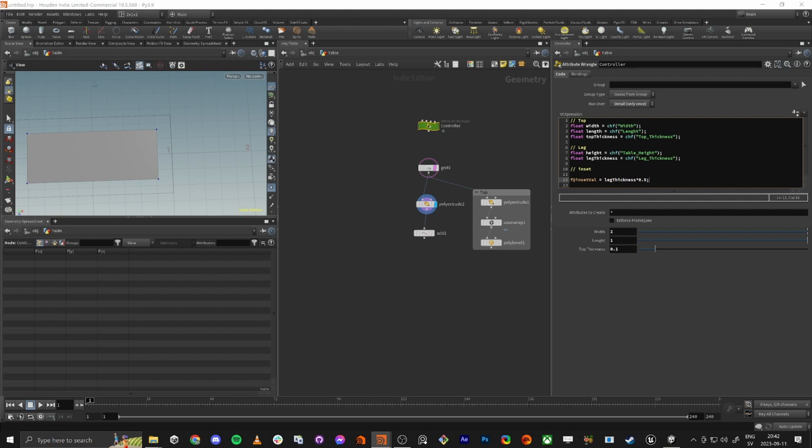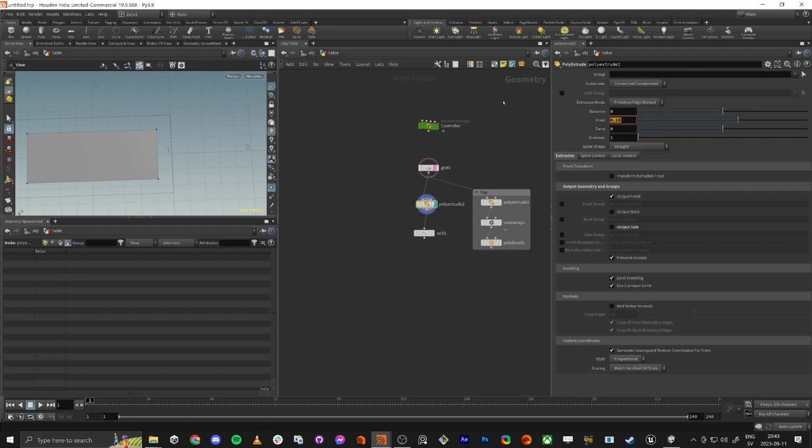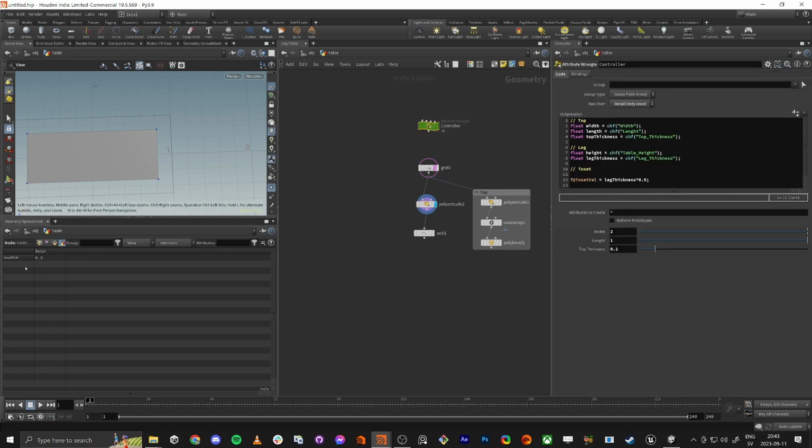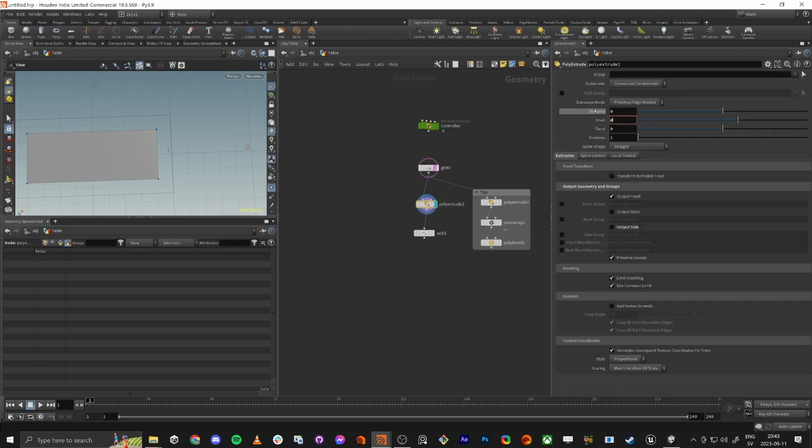So what we've done here, if we see here, we have dots, vertices, prims, and detail. So we actually made an inset value on detail up here. And now we want to get that, because we can't right click and copy this one. We can't do it like we do here, right? So in the inset, we want to fetch a detail information that you see here, the inset val. So then we just do detail,